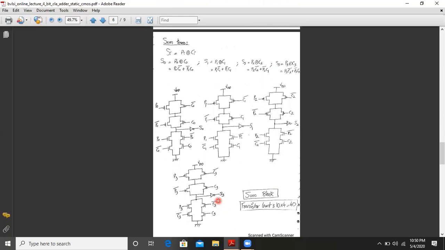Now what we need to do is implement it all together using a simulation tool. LTspice is freeware, so everyone can use it, and it's strongly recommended to verify the concepts. One should use LTspice so that you have a better understanding of the topic and the concept. So now we will directly open the LTspice file and try to add two 4-bit binary numbers, and let us see whether our design really gives a 4-bit addition or not.